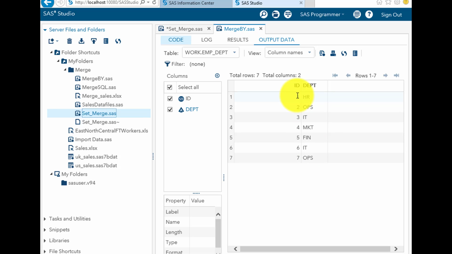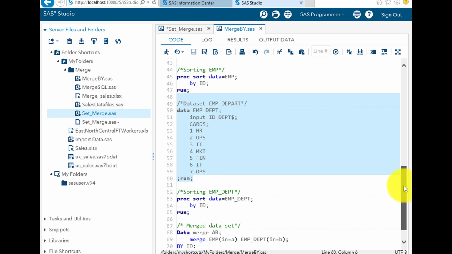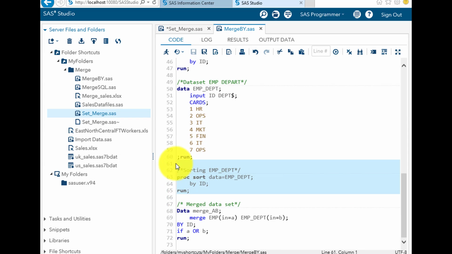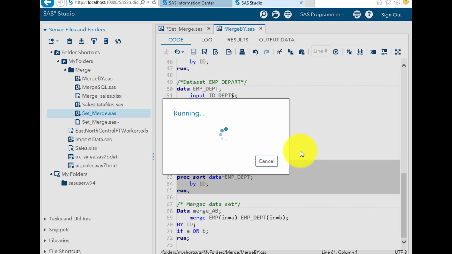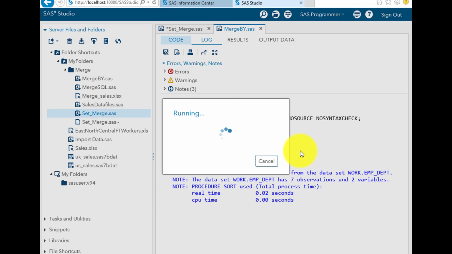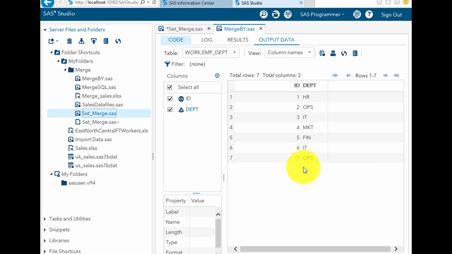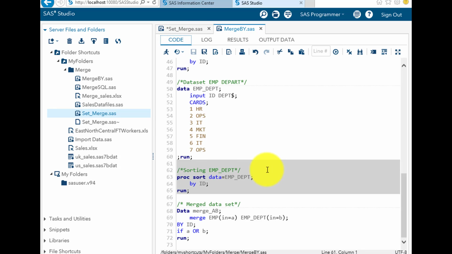Okay, here the ID looks to be already sorted, but we need to sort it again because the system doesn't take it as sorted by default, so we have to sort it by using proc sort. We'll get the same result, but the system will update itself so that the dataset is sorted.